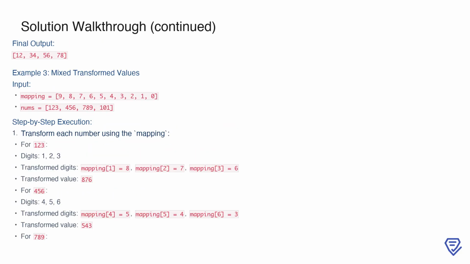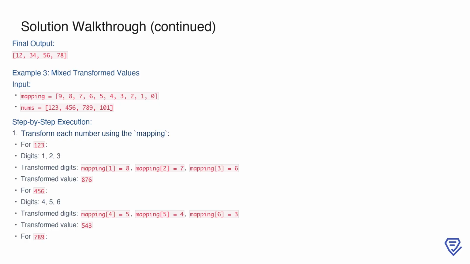To further illustrate, let's examine a case with mixed transformed values. Suppose the mapping array is 9, 8, 7, 6, 5, 4, 3, 2, 1, 0, and the input numbers are 123, 456, 789, 101. For 123, the digits 1, 2, and 3 transform into 8, 7, and 6, giving a transformed value of 876. Similarly, for 456, the digits 4, 5, and 6 transform into 5, 4, and 3, resulting